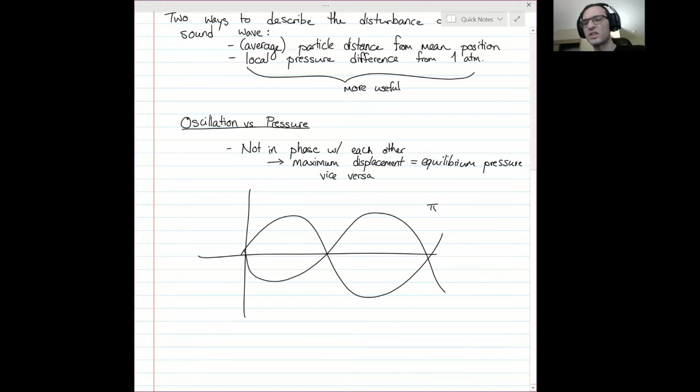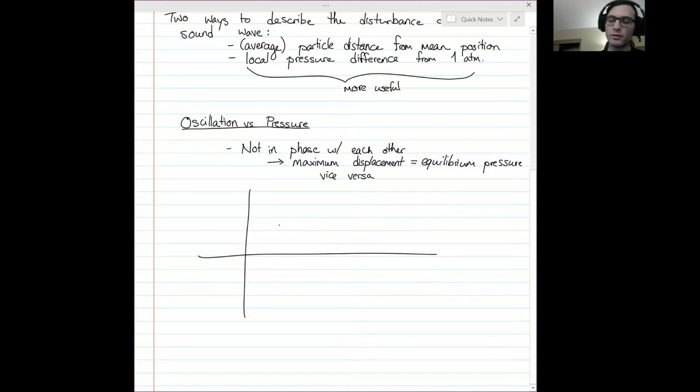We talked about this phase constant that tells you where you start. So in this case, this one is, say, just sine of x. This one would be sine of x plus pi, or x minus pi, depending. However, if instead we started with, let's say that this is our displacement, that would be sine of x,